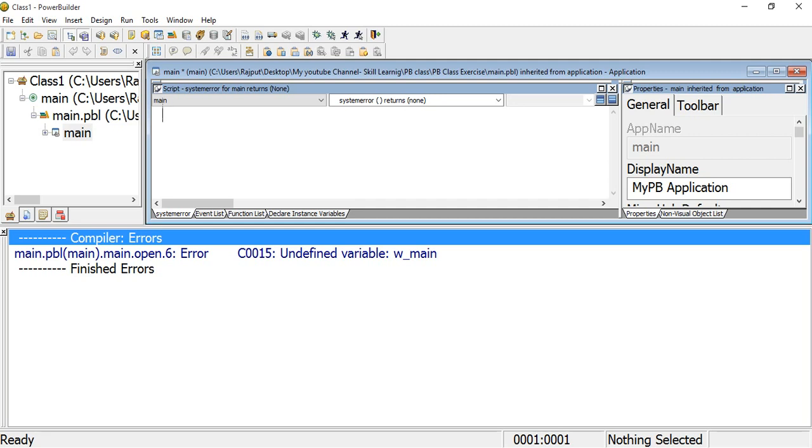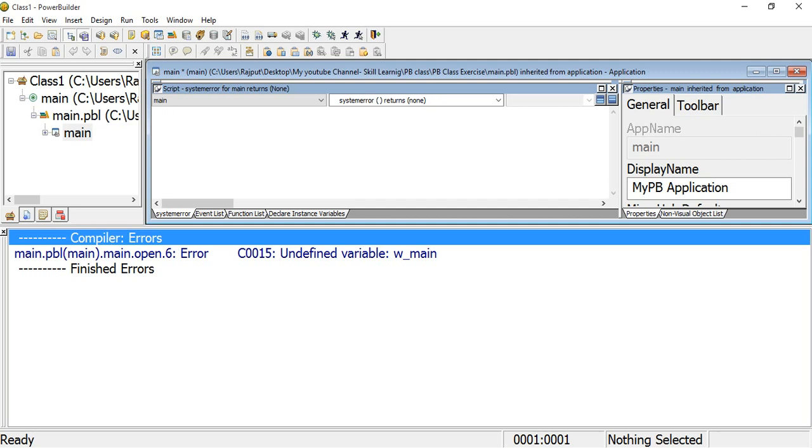If the object or variable is not there, the compiler also captures it. But when I have a big application and, due to some reason, I am not able to access that object, then the system error is fired. But this is very basic.